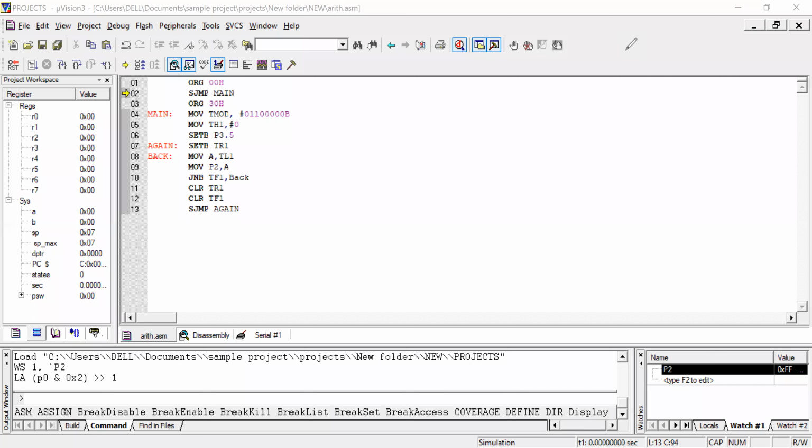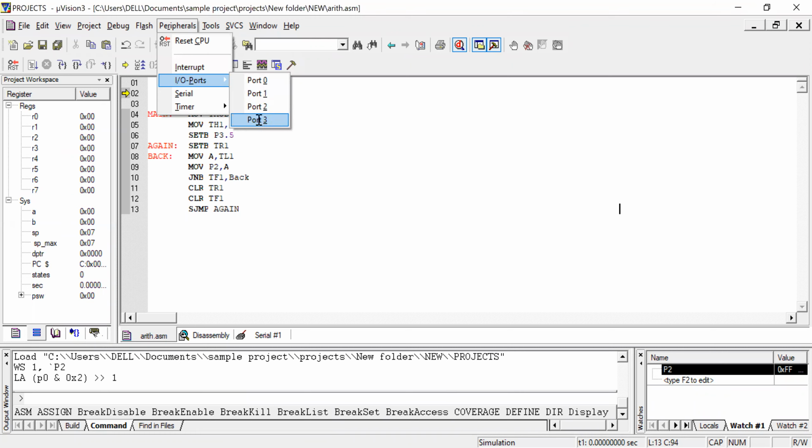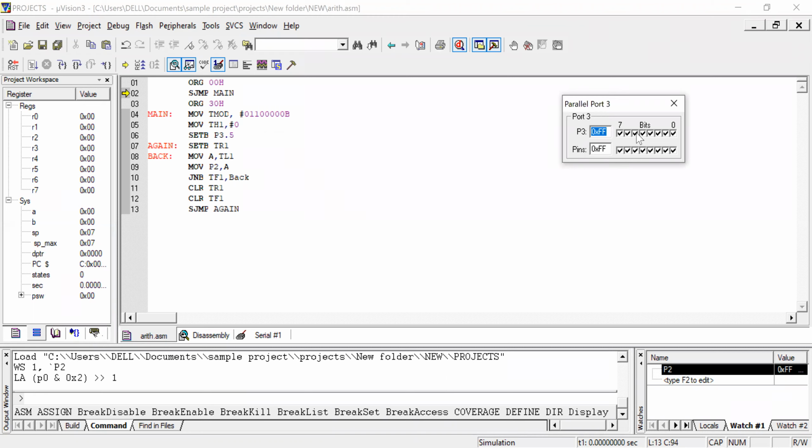How can we give it? I will open port 3. See here, just monitor pin 3.5.